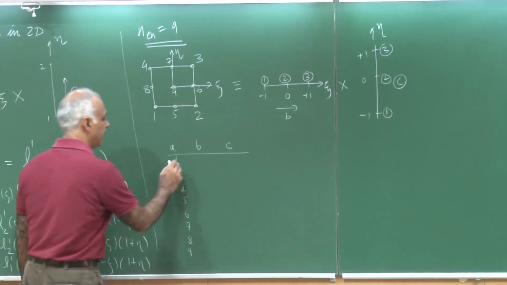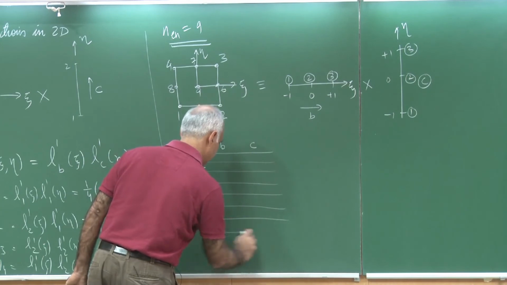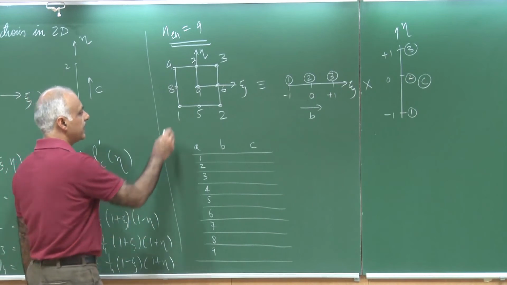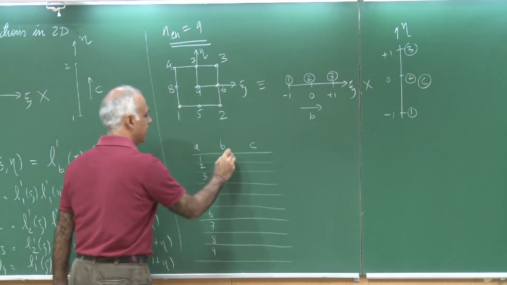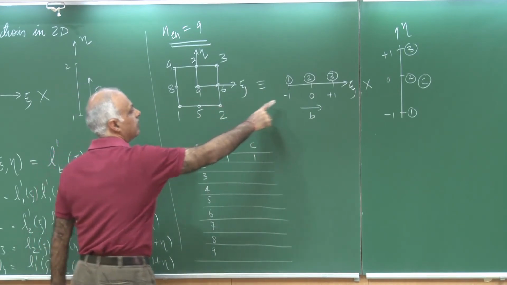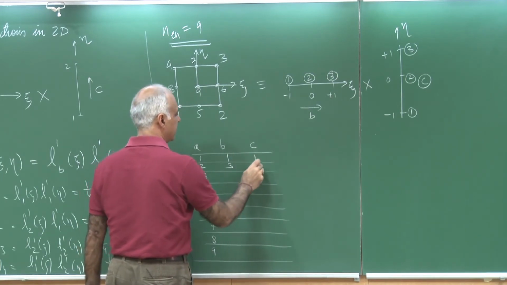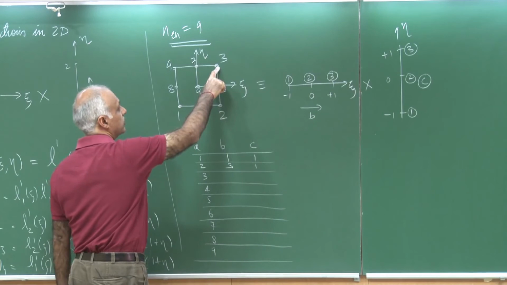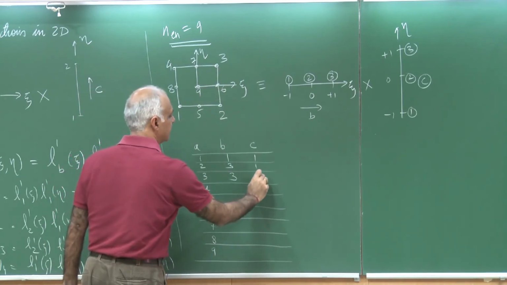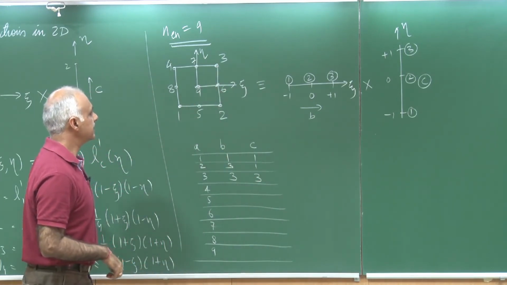Okay. So, let us write down the values of B and C for this interesting matrix. To get node 1, my B and C both are 1. To get node 2, I am looking at B equal to 3 and C equal to 1. To get node 3, I am looking at B equal to 3 and C also equal to 3, because it is at the extreme point on the eta axis.